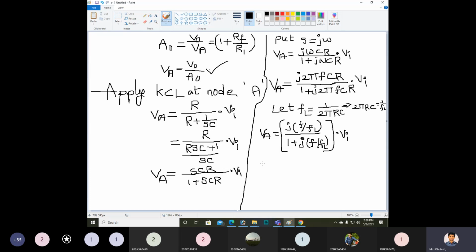That value you need to write here: V naught by A naught is equal to j into F by FL,